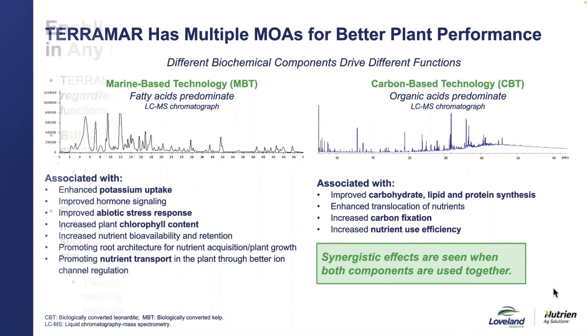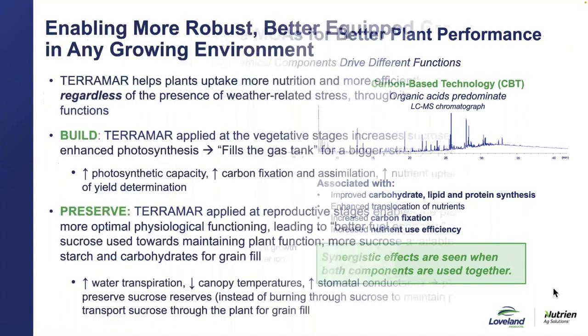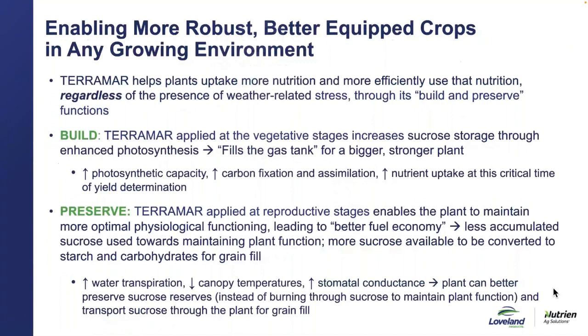So let's dive a little bit more into this. How does Terramar enable a more robust, better equipped crop in any growing environment? Terramar helps plants take more nutrition in, utilize that nutrition more efficiently, regardless of what the weather situation may be. Because what we're doing, as you see here highlighted in green, we're going to build that photosynthetic capacity, which ultimately fills the gas tank for a bigger, stronger plant. And how do we do that? Again, photosynthetic capacity, increased carbon fixation, better nutrient uptake